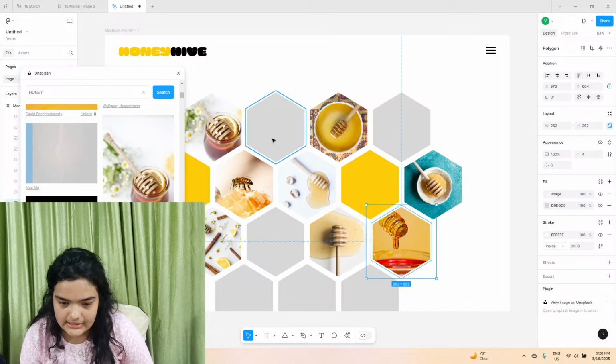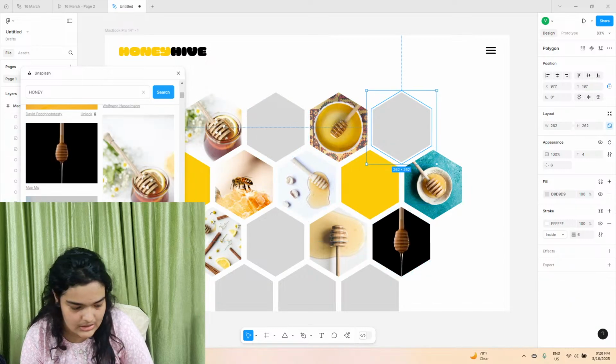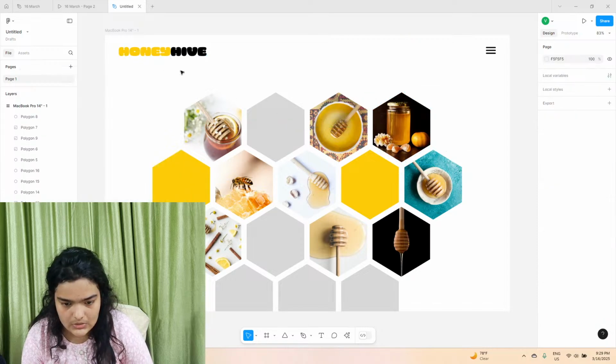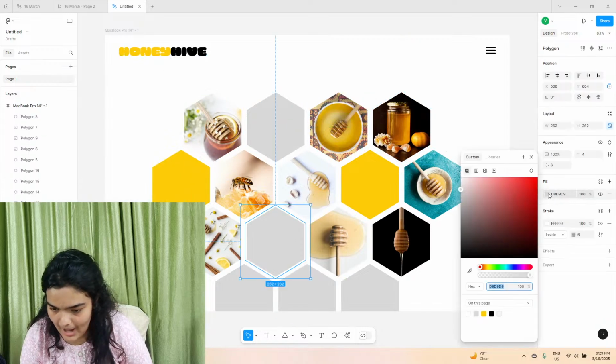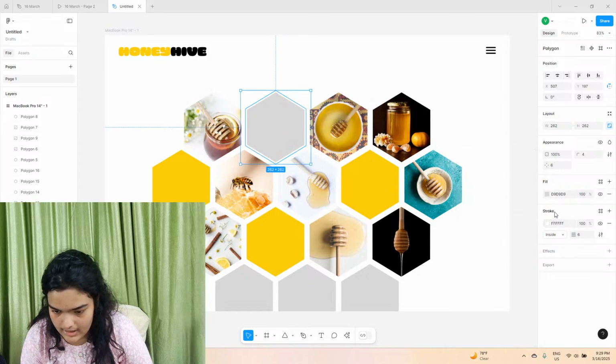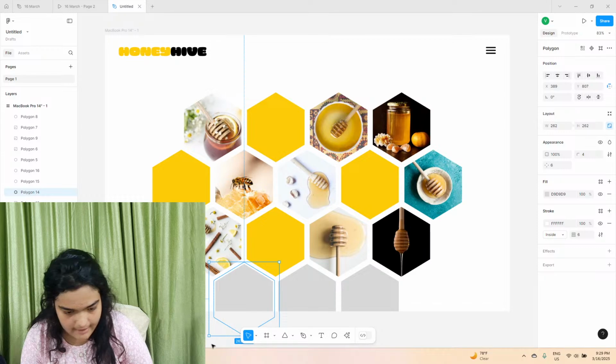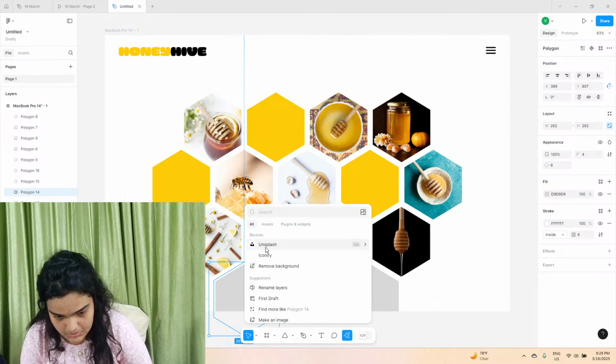We haven't really done dark images a lot, so these are good additions to whatever we're doing over here. Check it out, this is almost done for us. And now I'm just going to add our plain colors over here. Let's just add simple colors, nothing complicated at all. I feel like we still need to add a couple of images, so I'm just going to get those from